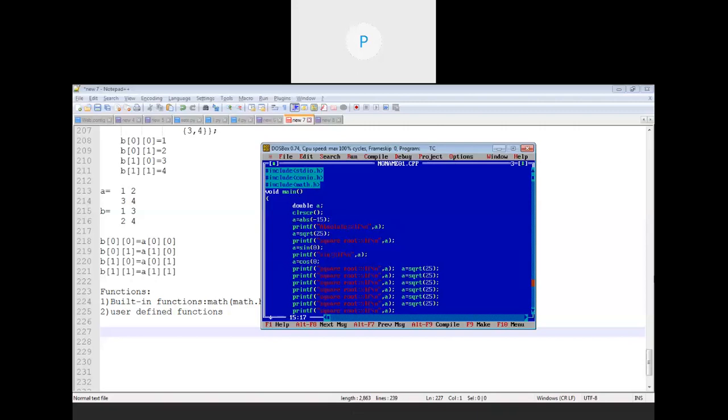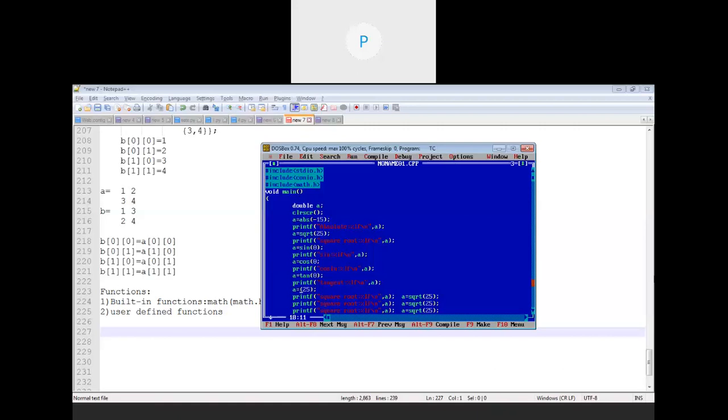I will take sine 0, cos 0, sine, then cosine. Then we have tan, the tangent value. Cot, sec and cosec are not there. We can easily find them by dividing 1 by sine, 1 by cos, etc.